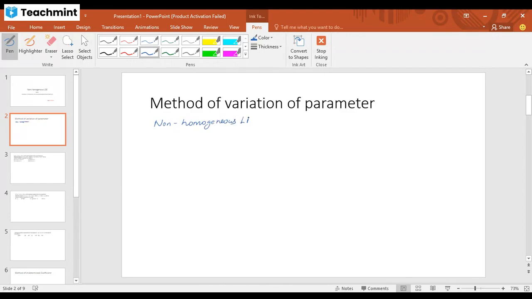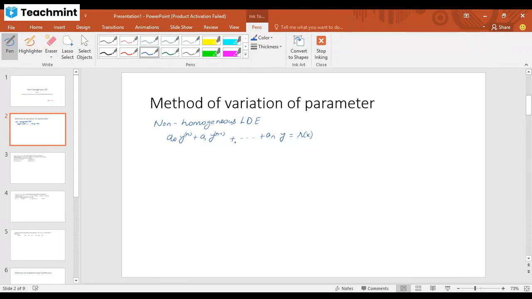it is of the type a naught, nth order derivative of y, plus a1, (n minus 1)th order derivative of y, plus so on, a n y, is equal to r(x). So basically in case of a non-homogeneous differential equation, we have a function other than the dependent variable and its derivatives, and we name it as a function of x, and we keep that particular term on the right hand side. So it is a kind of non-homogeneous linear differential equation. So in this case,